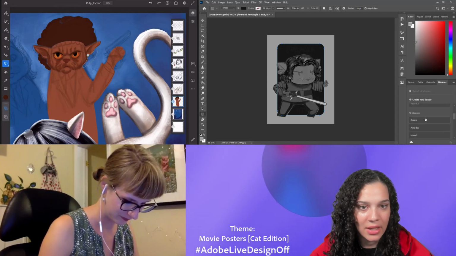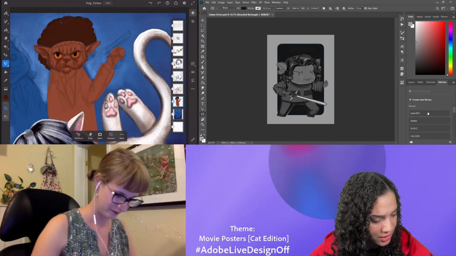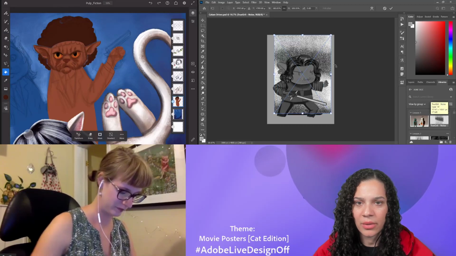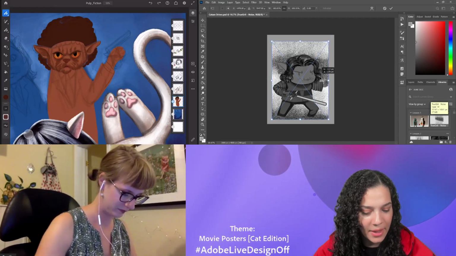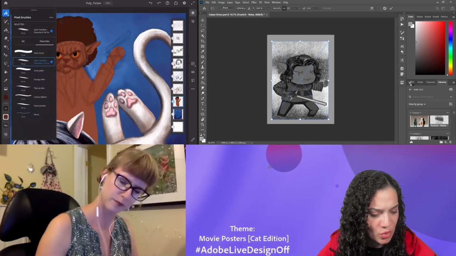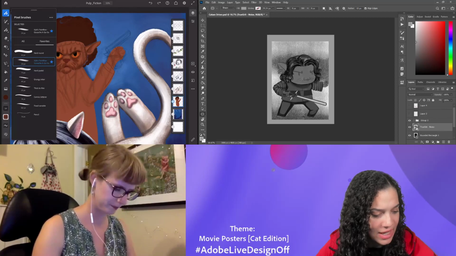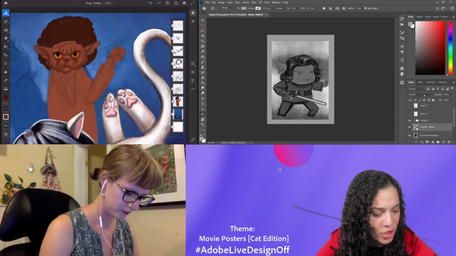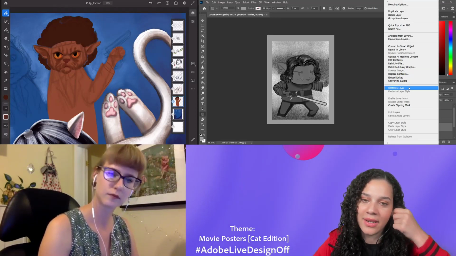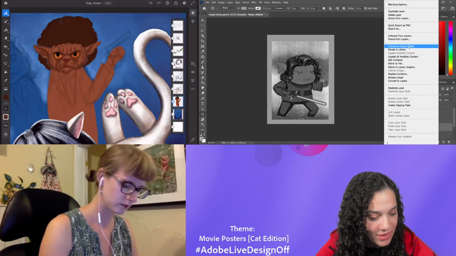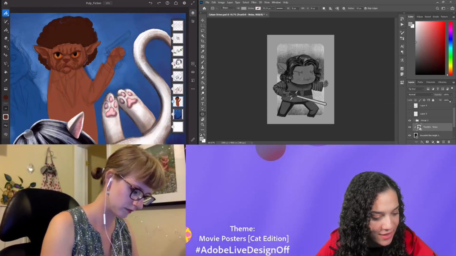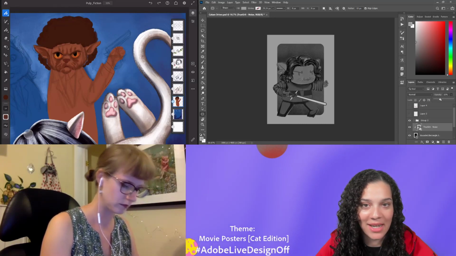Let's see. I think I have some textures hidden in here. Yes, I do. I'm going to throw some textures over. I don't know if you use any image textures in your work, but these are my go-to textures that I use every time, that I'm so familiar with. And sometimes when I use the same assets over and over again, I almost worry that it's becoming a little too repetitive, but I also can't bring myself to break the habit because I love them so much.